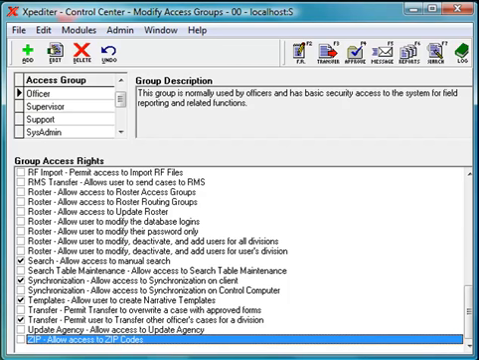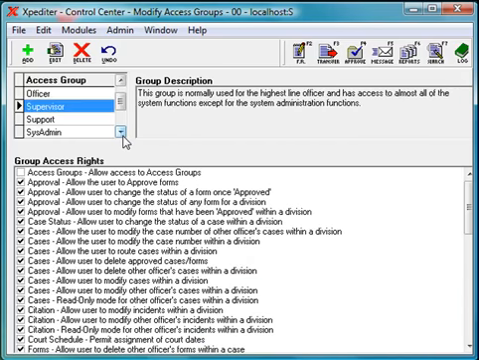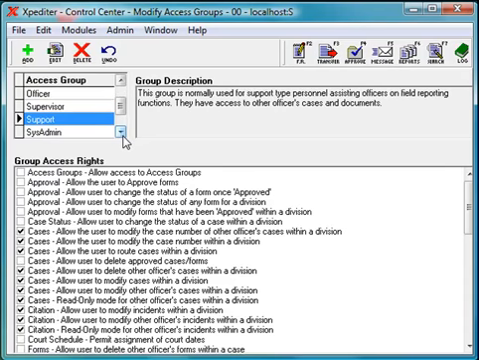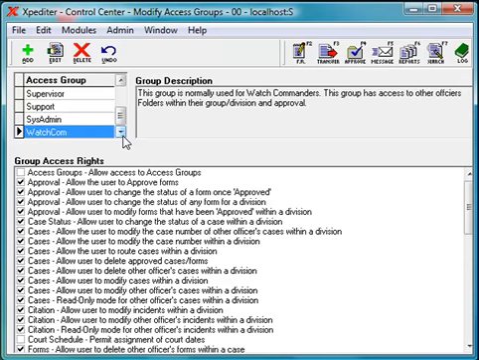As you can see, the Modify Access Groups module provides a multitude of rights and permissions for different modules and functionality in the Xpediter software. Let's look at the default access groups within the system. The default access groups have been created based on our experience with the majority of the departments we've worked with. However, you as an administrator can add and delete groups, grant and deny rights as necessary to support your department's